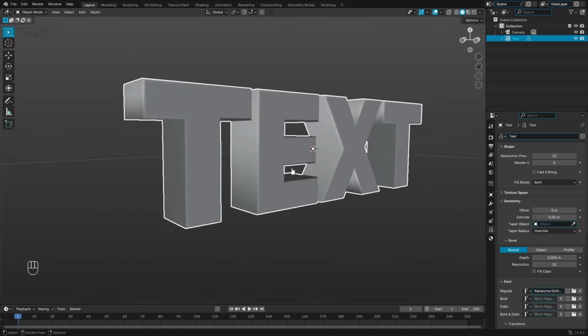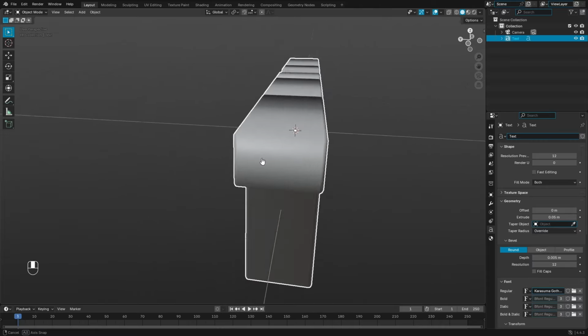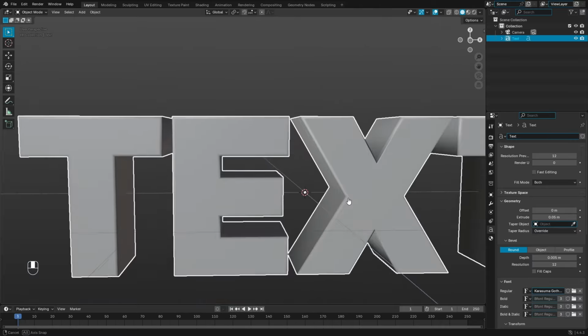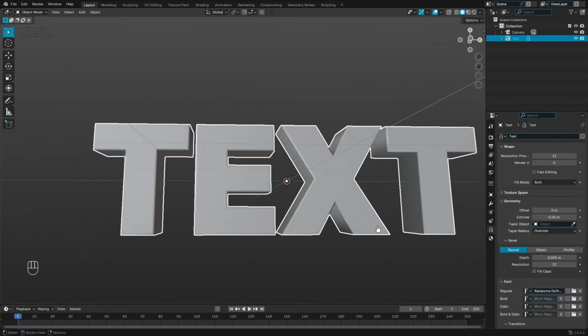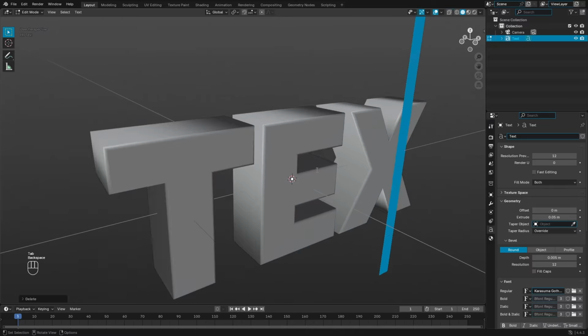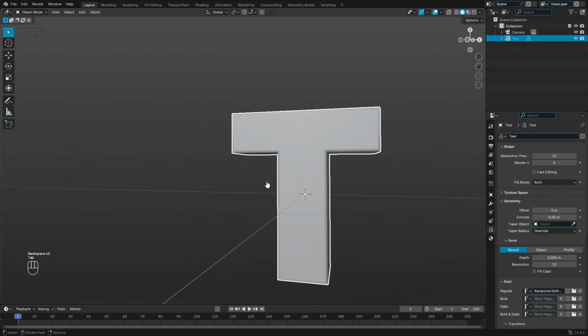That's fine. That's nice. I like the little bit of edge that we have on there. It's nothing too crazy, nothing too wild. If you look at the edge here, it looks pretty nice. Alright, once that's done, we can fix up the rest of the text here. Hit Tab to go back into edit mode. I'm going to get rid of all these letters except for the one that we're going to use,